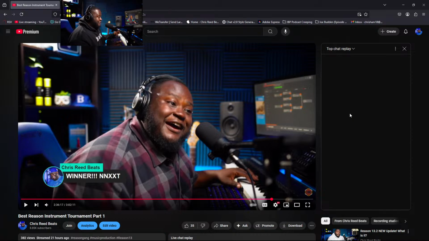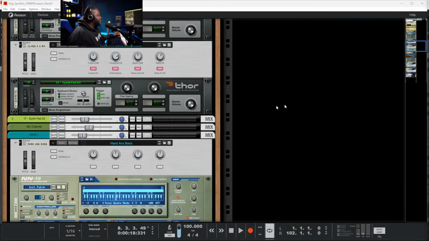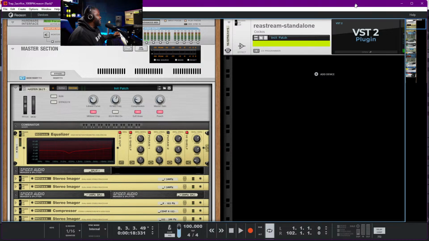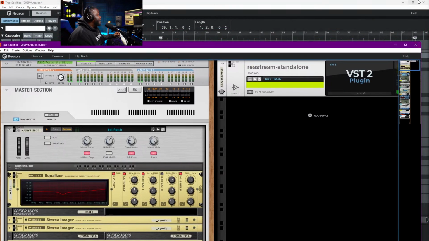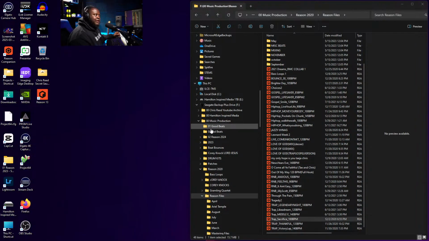Earlier in this stream, I saw it got up to about 50. That's why I was like, yeah, there were a little bit more people in here. We could have gotten a little bit more votes, but for the most part, based on what they were saying, I could get with why they went with the choices that they went with. So unfortunately, I was not able to find